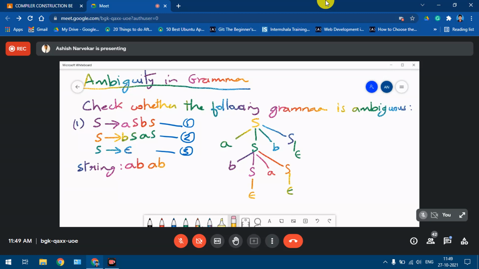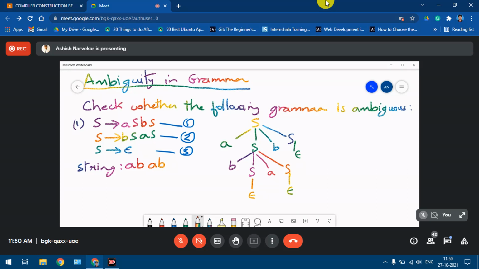Fine. So that is one parse tree that we got. Now let's see whether, instead of starting with this particular production, we can start with any other production, or if we start with the same production as ASBS. Looking at this, we can start with that only. But going further down, is there any possibility of using some other production and getting a different parse tree? Because the question given to us is to check whether the following grammar is ambiguous.